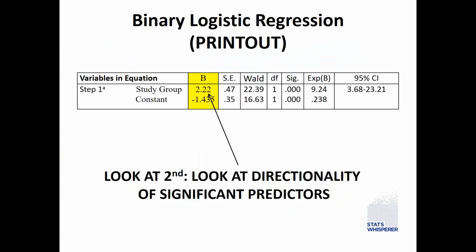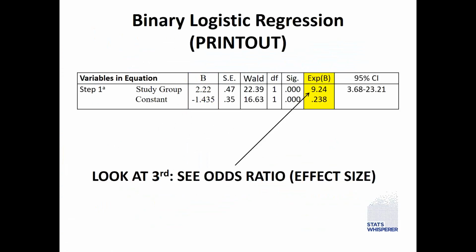So that means as we go from 0 to 1, from control to intervention, we're significantly moving also from 0 to 1, not quitting smoking to quitting smoking. So you have to know the coding to interpret it. So that means that the intervention group is more likely to be quitting smoking,